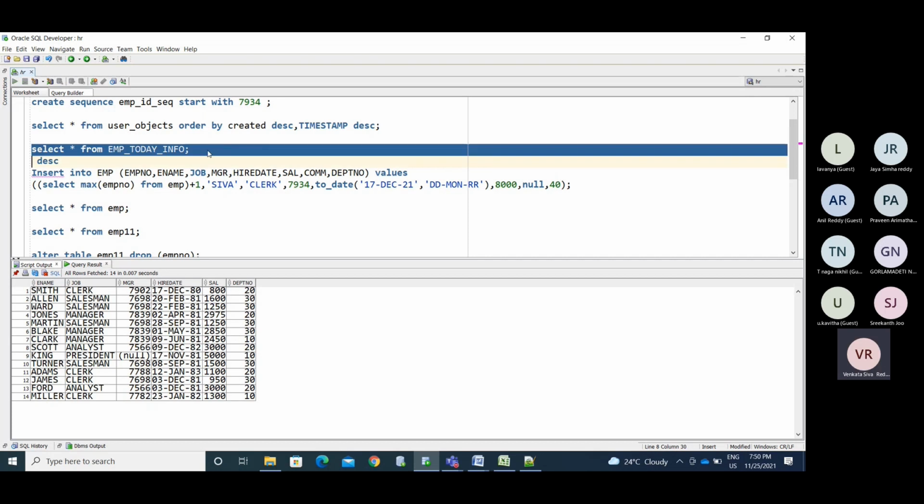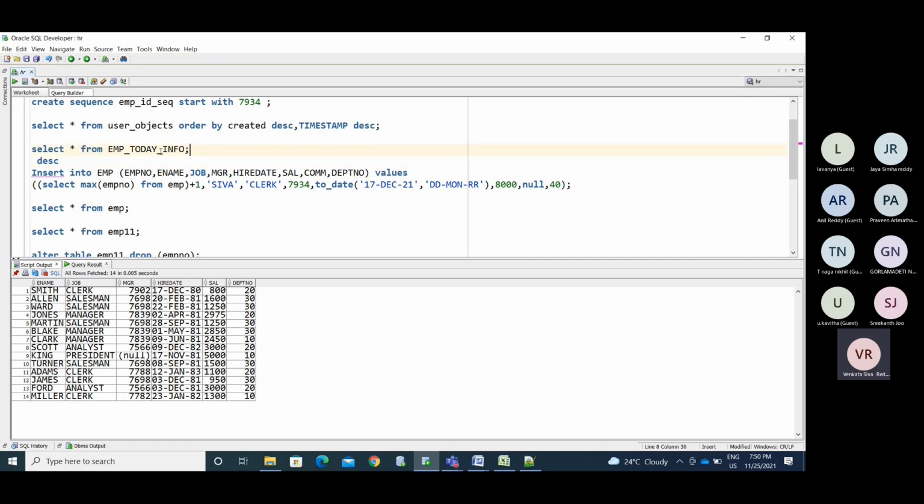Employee underscore today info we have. Now we loaded the file to the table. If you want to perform any action, you can put conditions like this. If you reach the Kadapa Kurnool border and there is a check, like the police are performing a search operation, then you can skip that border and go a different way.